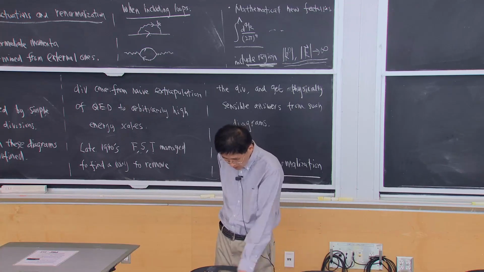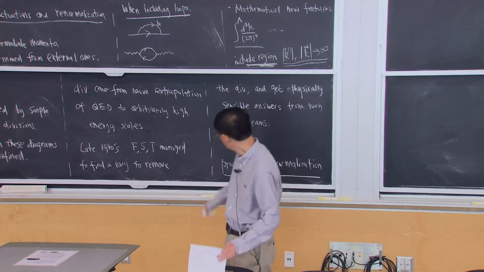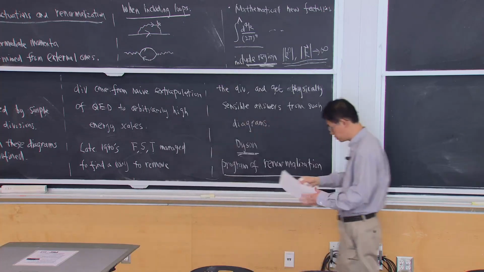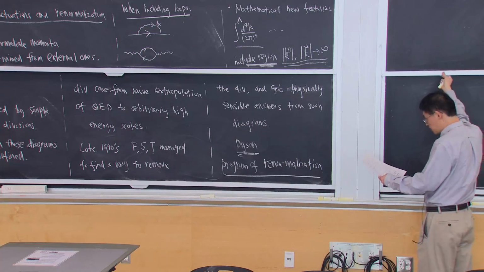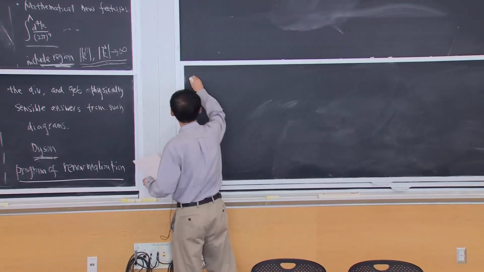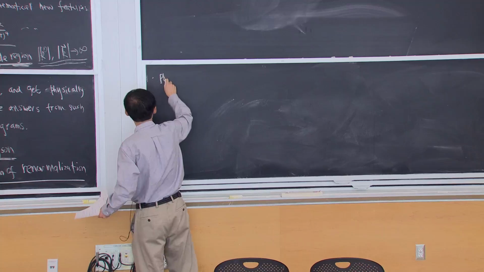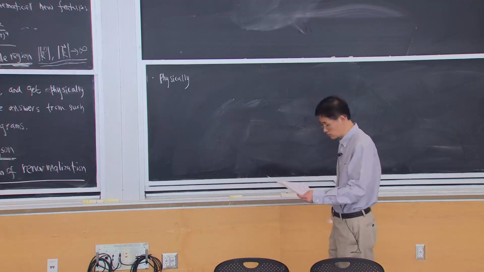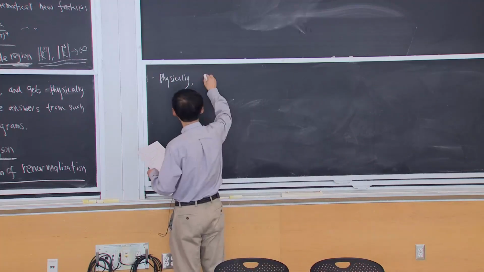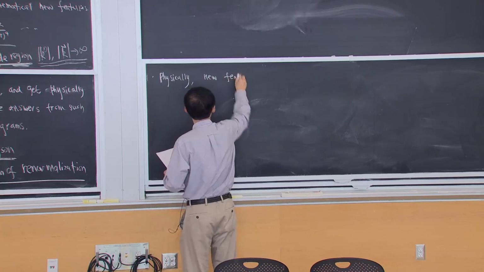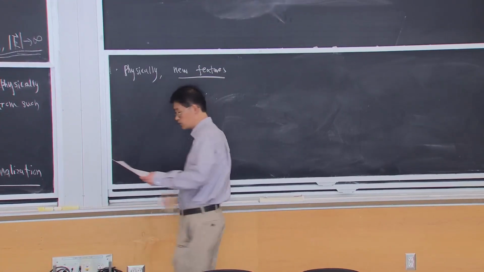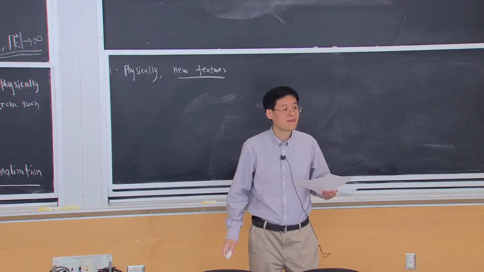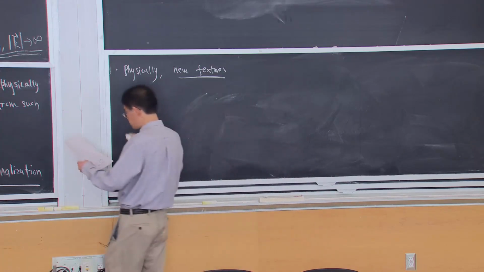And so today, let me just very quickly tell you what these loop diagrams do. First, let me make some general remarks. Mathematically, you get the divergences, and you have to find a way to get rid of them. And physically, there are also some new important conceptual features. Any questions on this? Okay. So the first feature